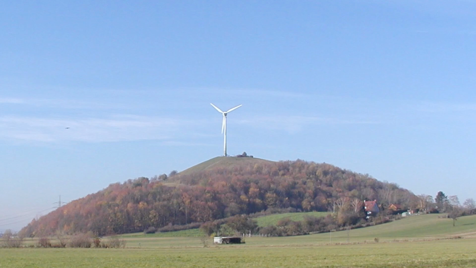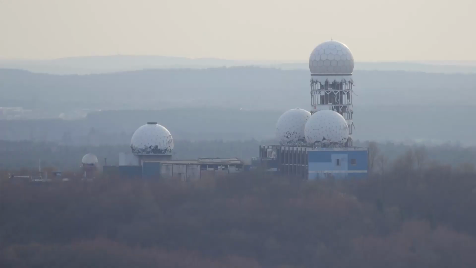And they created what are called Schuttberge, or Rubble Mountains. This is one on the outskirts of Stuttgart. As you can see, it's got a wind turbine on top of it. It is higher than the surrounding terrain by several dozen meters, and that's because there's such a huge volume of rubble. When we look at Teufelsberg in Berlin, this is actually about 55 meters higher than the surrounding terrain,